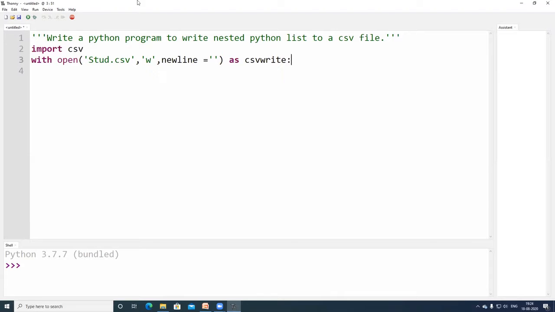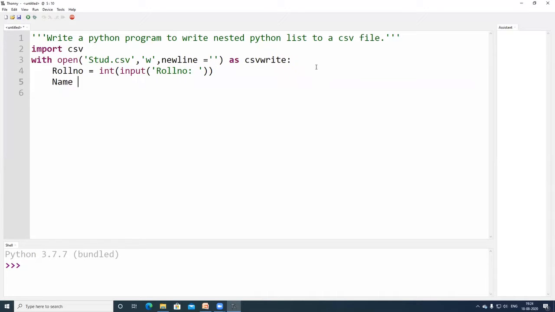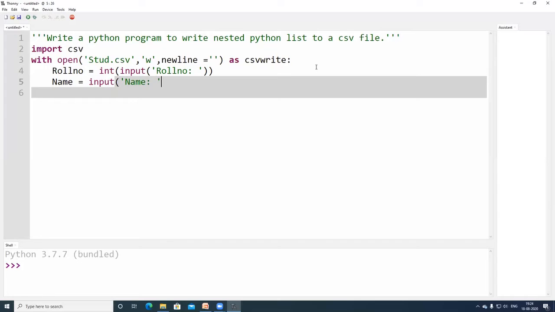Once this is done, what are the inputs? Roll number, which is of type integer: int of input of roll number. Then comes a name: input name. Then comes mark.